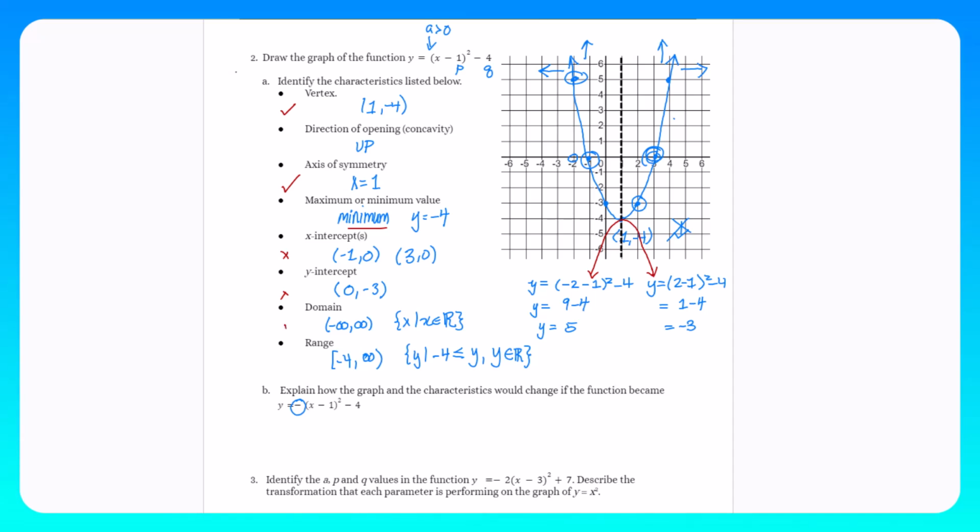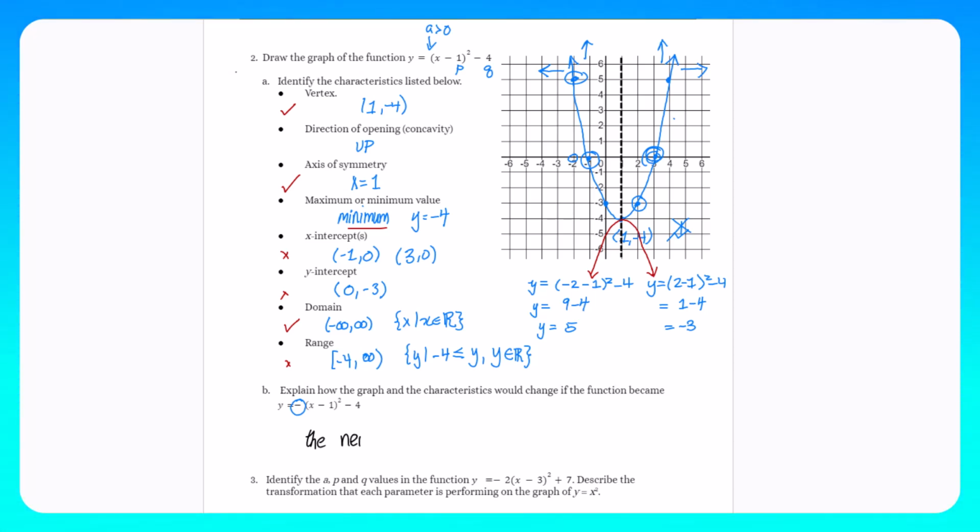And the domain stays the same, but the range now changes. So notice really there's only a few things that stay the same by switching the a value: the vertex, the axis of symmetry, the value of the maximum is the same as the value of the minimum of the other one, and the domain. So we can write that as